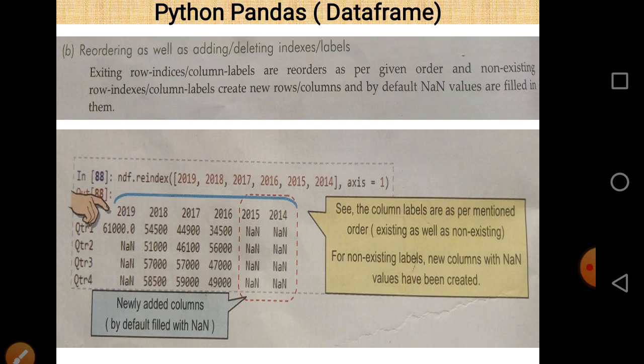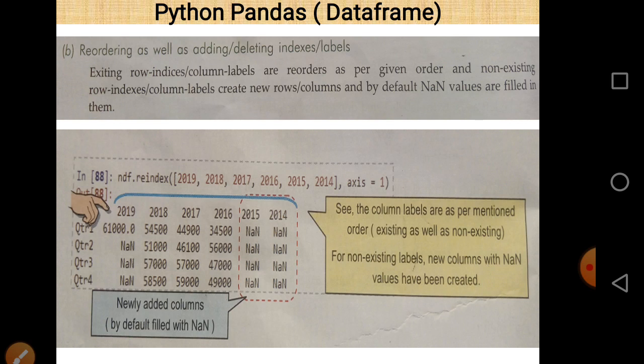And why is it so? It is so because 2014 and 2015 are not part of the original data frame, and since there is no value regarding these, NaN appears here. For the rest of the data frame, the order is the same as that we gave in our command. That means 2019 appears first, then 2018, then 2017, and then 2016.